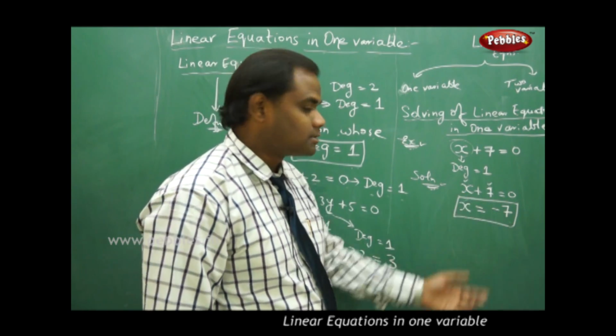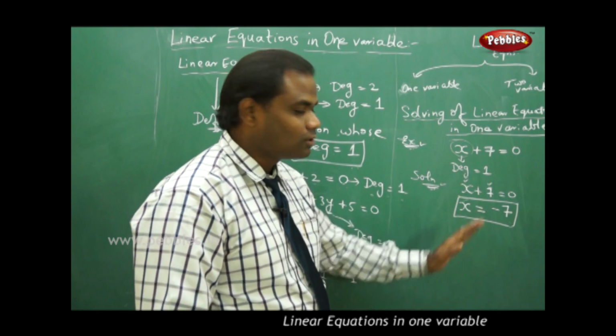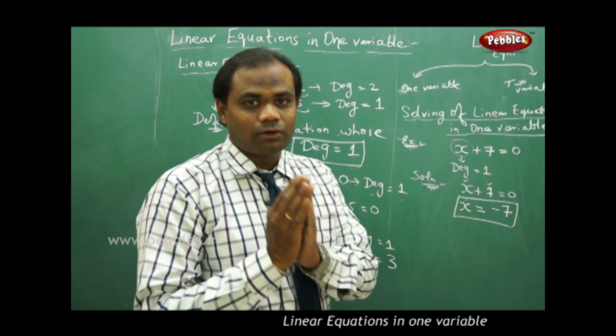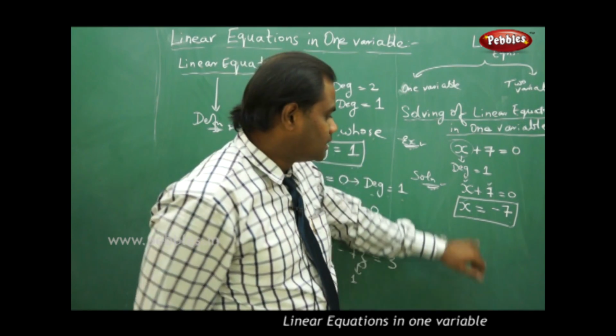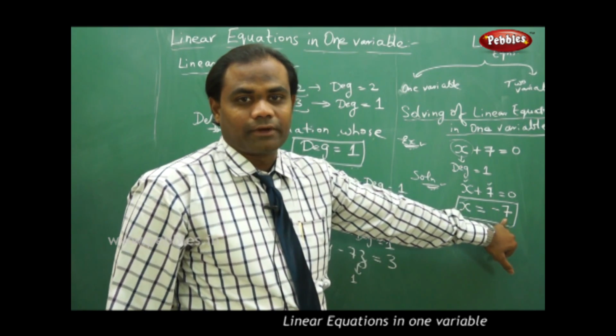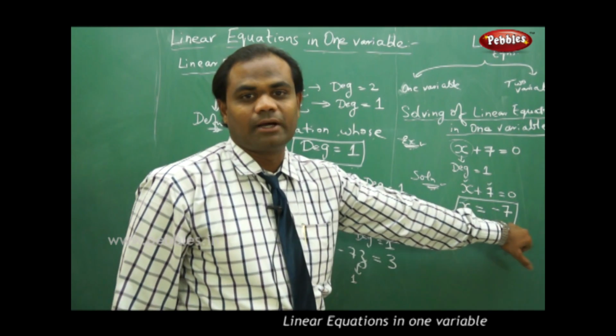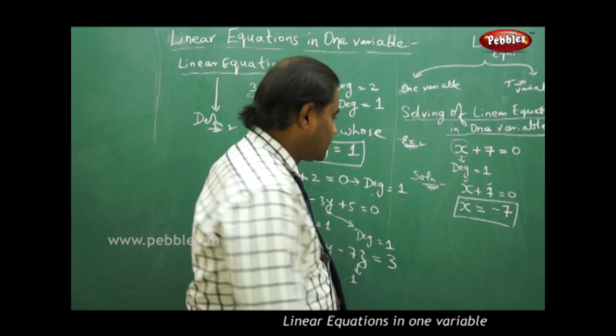Of course, this is a very simple problem, but the method of solving starts with taking all the unknown variables to the left and all the constants to the right, and then solving to get the value of x, in this case being x equal to minus 7. Next,